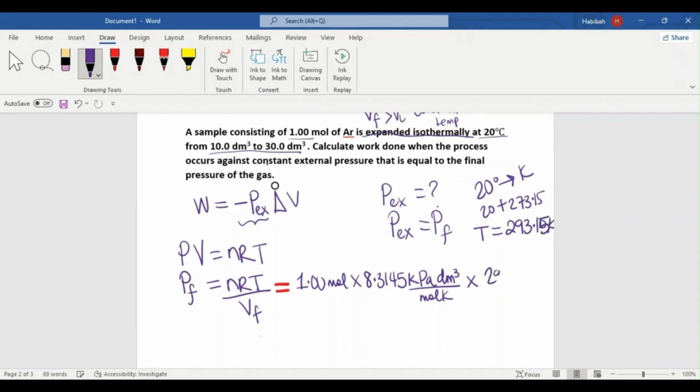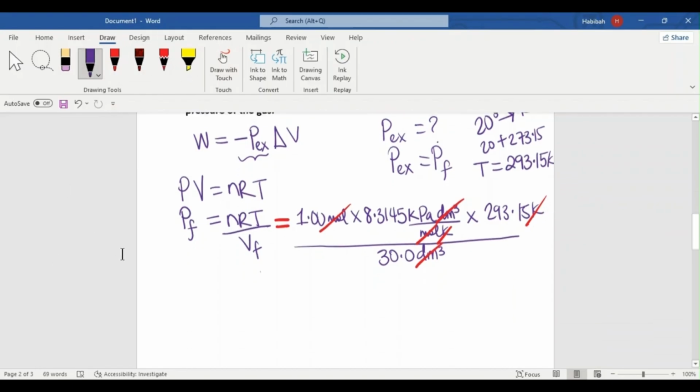So we're going to have that here, 293.15 Kelvin. All of this information is divided by the final volume, so that would be 30.0 dm cubed. So we're going to cancel out dm cubed, Kelvin, mole. We're going to cancel all of this information out, and we would end up having P final